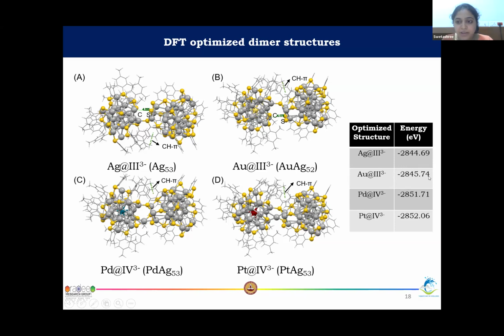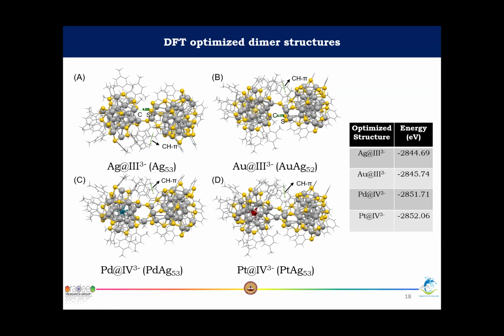From DFT, from the energy optimization, we can only say that this gold doped dimer is more stable than the silver doped one, than the dimer we observe without doping, and the platinum one is more stable than the palladium one. Apart from that,